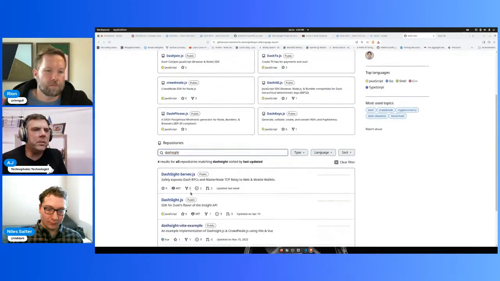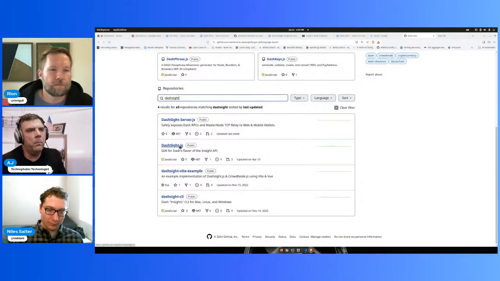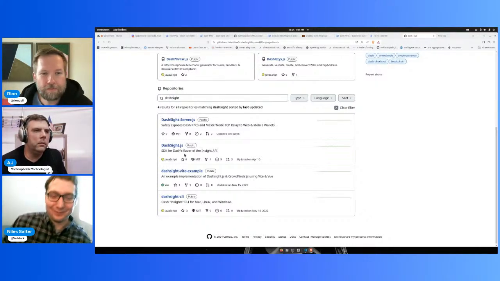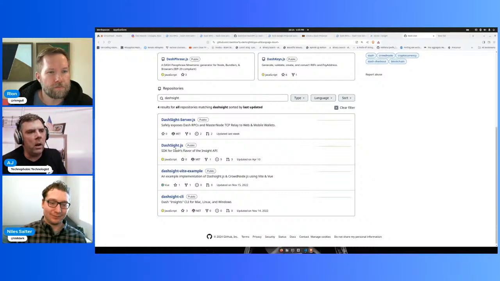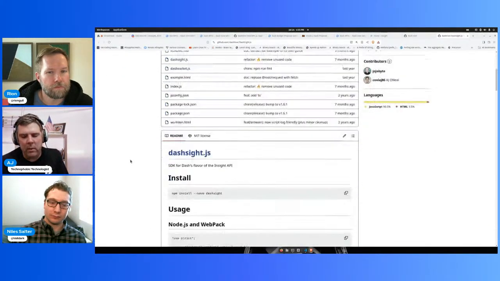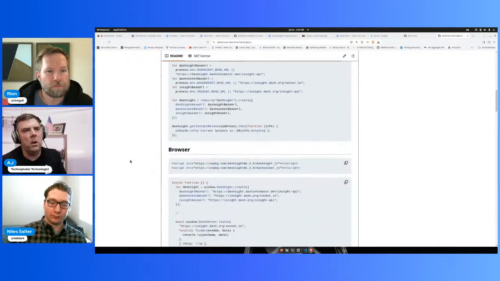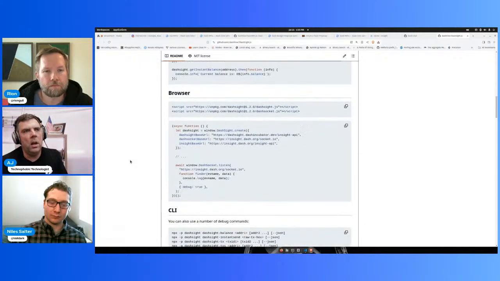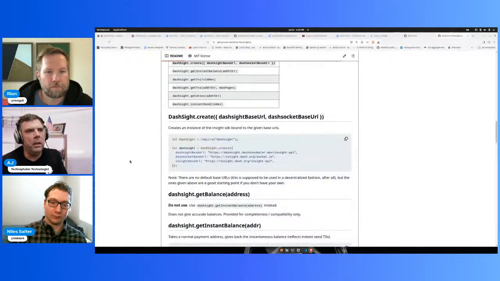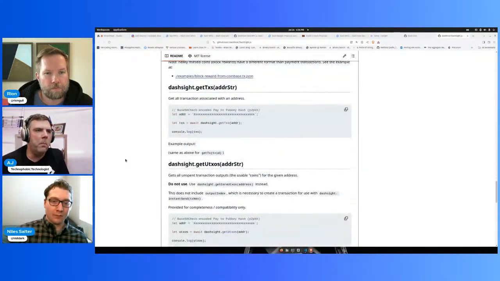So -site is a crappier version of -rpc. Because at first I didn't know that the RPCs are just HTTP calls, and so we were using Insight for everything. But then once I actually found out that the RPC calls are HTTP, there's no need for Insight other than for the statistical analysis and the UI. But in terms of being able to interact with the Dash network, -rpc is a much better choice